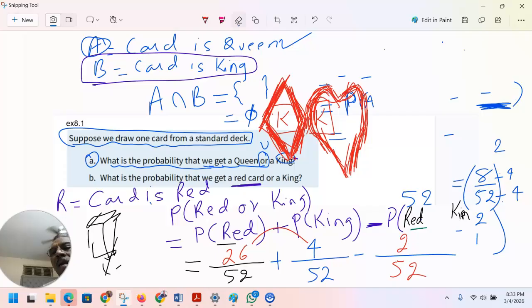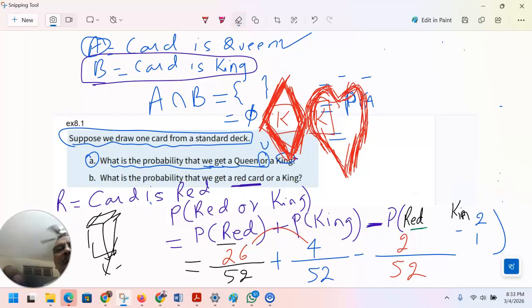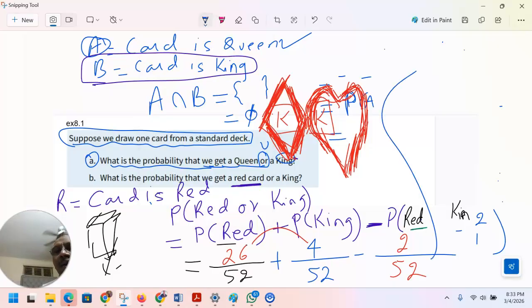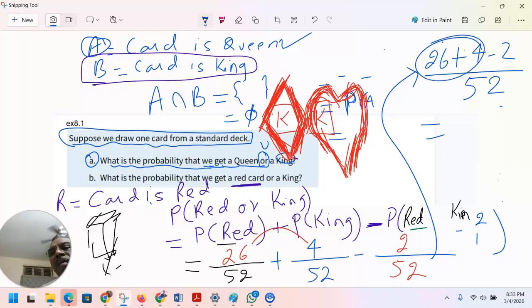I'm taking my time. You can fast forward. You can just use your mouse cursor, go forward. I'm just making room here to write down. And this will be equal, so that is 26 plus 4 minus 2 divided by 52. So 26 plus this is 30, minus 2. And if you subtract, okay, 28